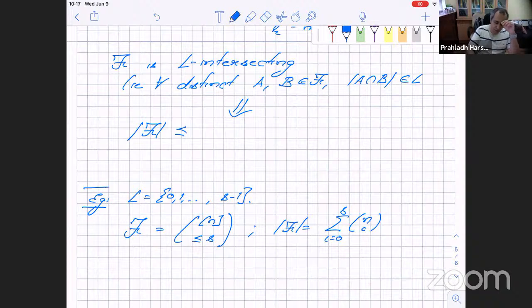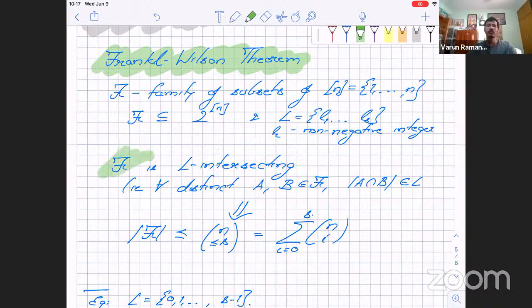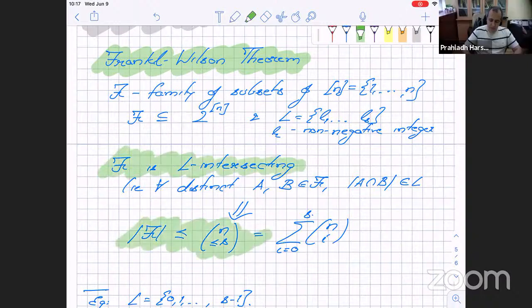It is n choose less than or equal to s, which by definition is the summation of n choose i going from 0 to s. Statement of Frankl-Wilson here. So it's basically this fact. If F is L-intersecting, and L has set size s, then the size of F